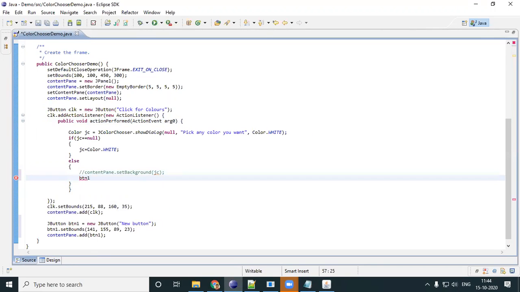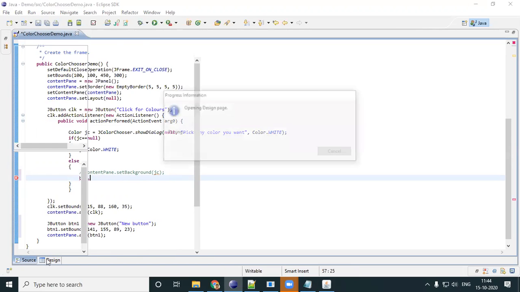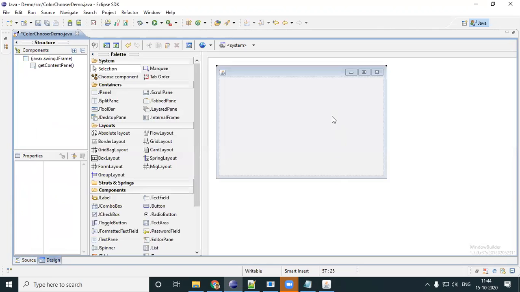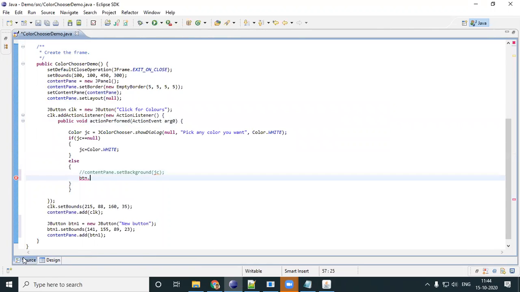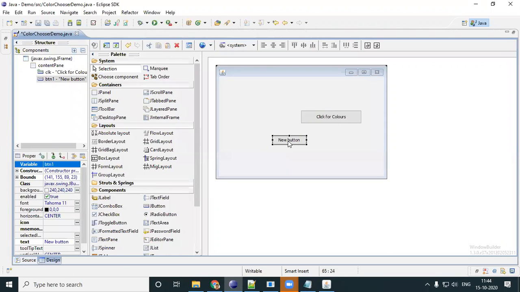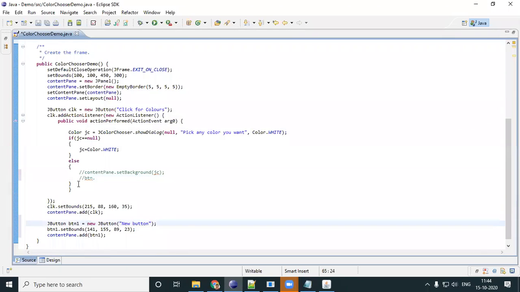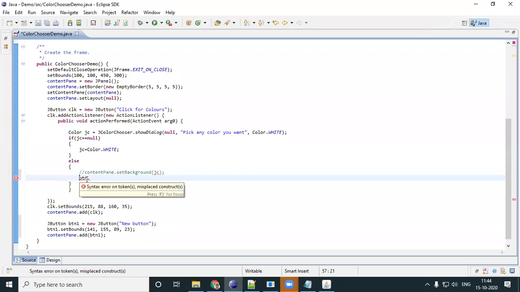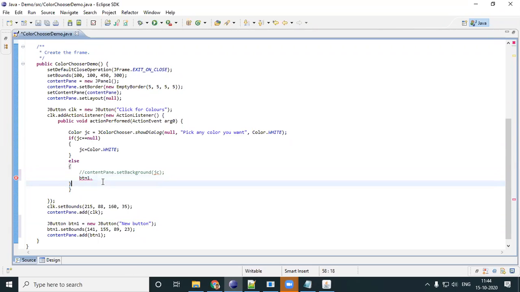What was the name of the button which we gave? There's an error, that is why you're not able to see it. If you have an error in your code, you will not be able to see the design. Button 1 dot.